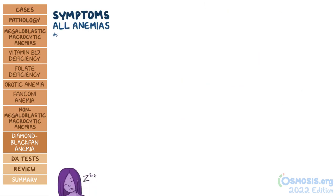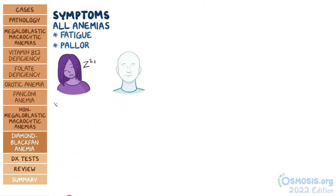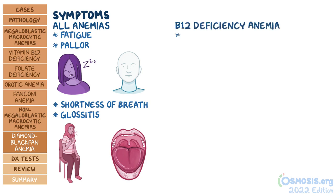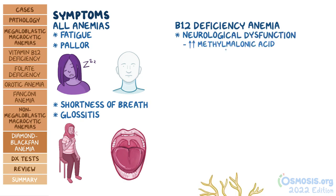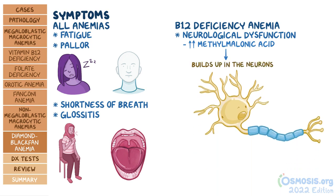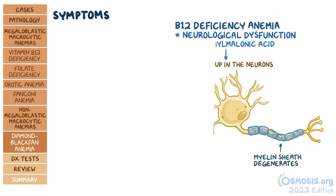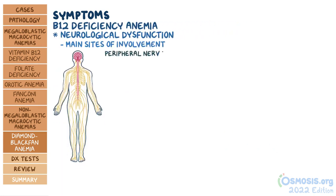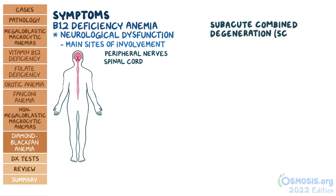Now, all anemias can cause fatigue, pallor, shortness of breath, and glossitis, but other symptoms can help you identify the specific disease. For vitamin B12 deficiency anemia, there is neurological dysfunction, because when there's too much methylmalonic acid in the body, it builds up in the neurons, specifically in their myelin sheath, which degenerates. The main sites of neurological involvement include the peripheral nerves and the spinal cord, causing subacute combined degeneration, or SCD,